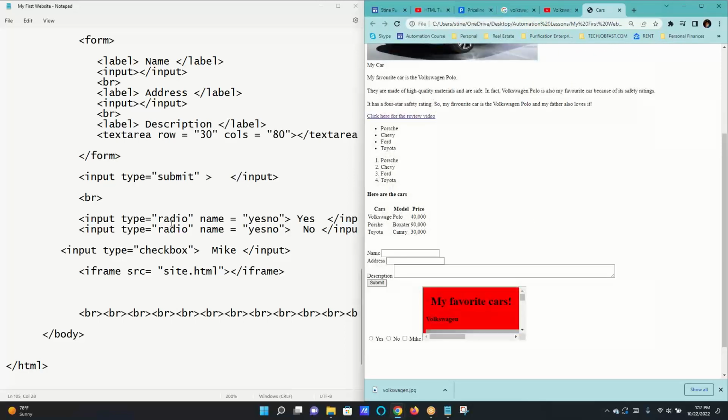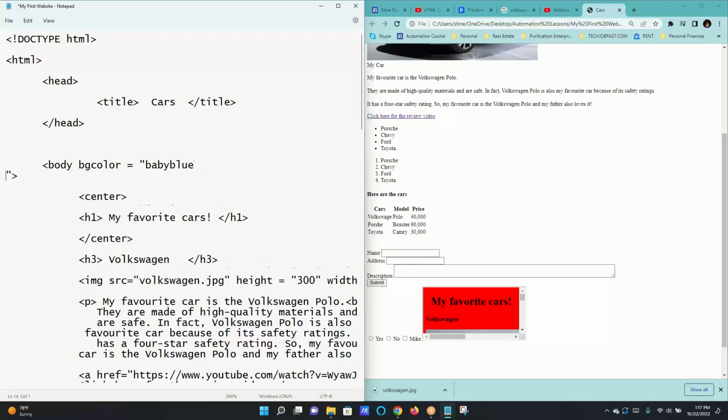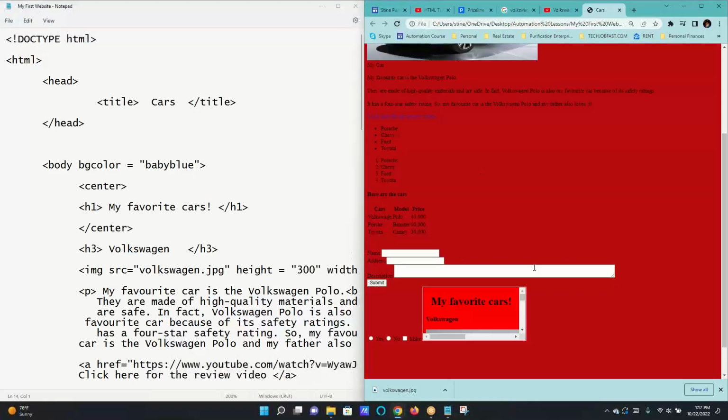How about we change this to baby blue? So if I go back up here, go to the body and say BG color, meaning background color, and equal to baby blue. There is so much more, guys. One class is not enough to teach HTML, but understand that now you know HTML in just one class. You don't have to take all the university courses to do that. Here, if I refresh,